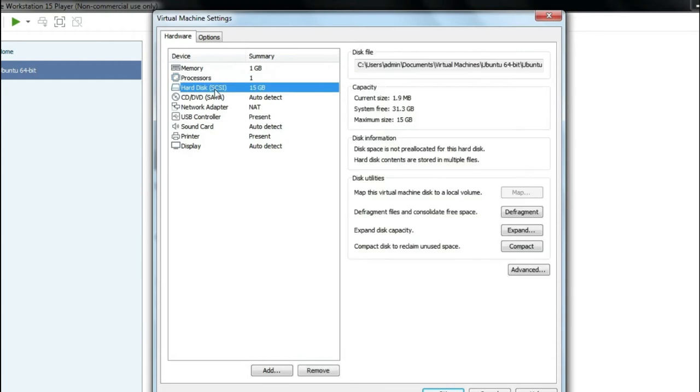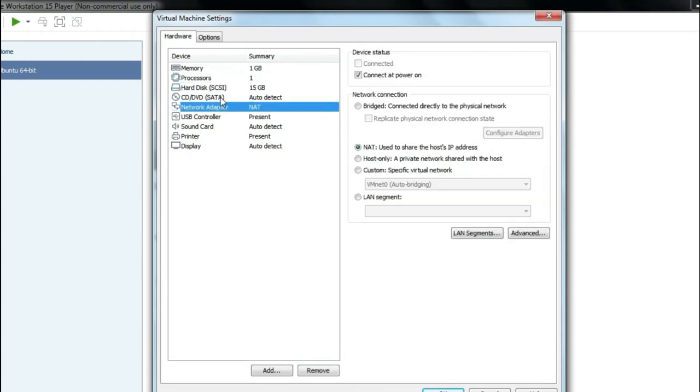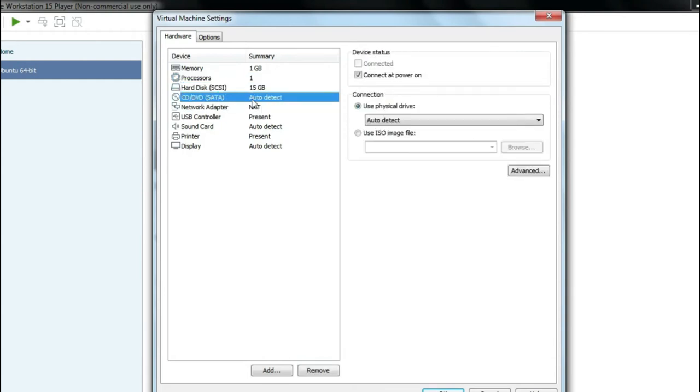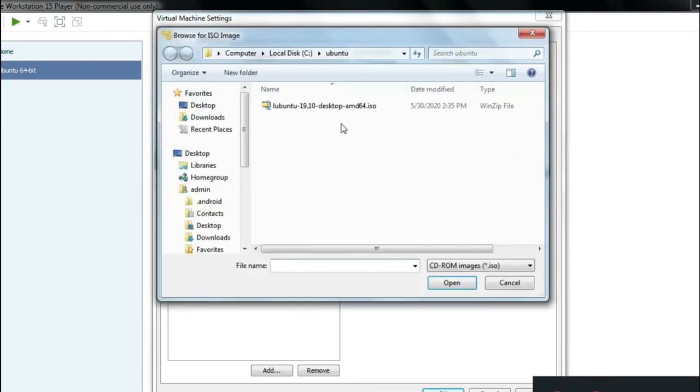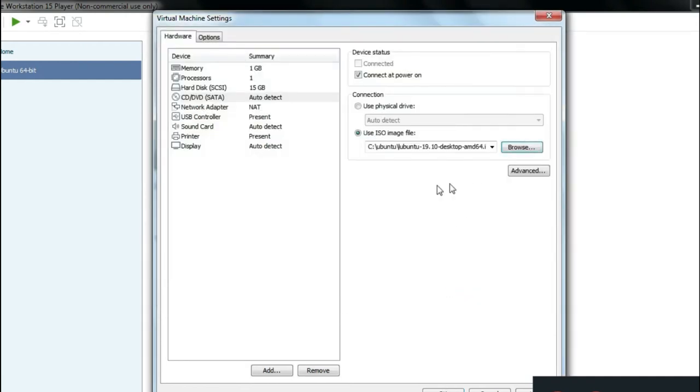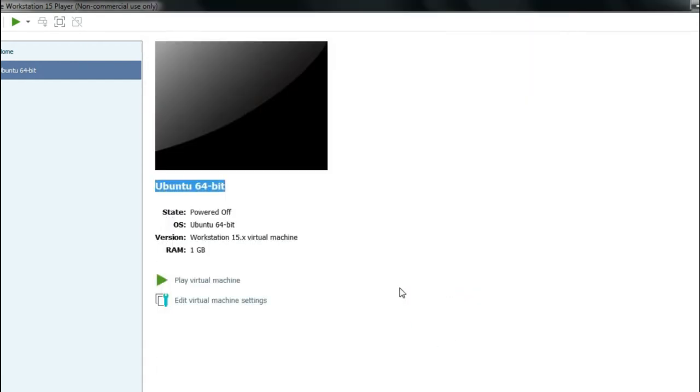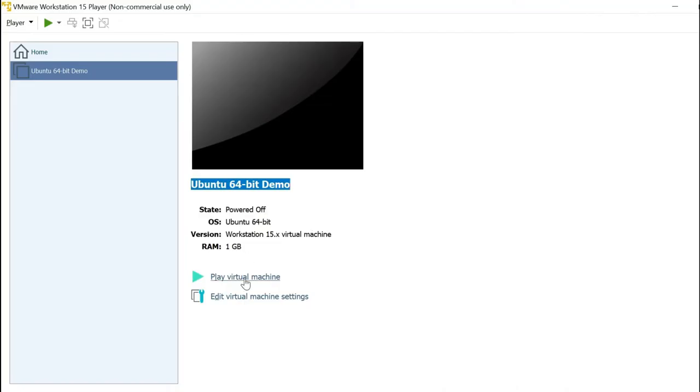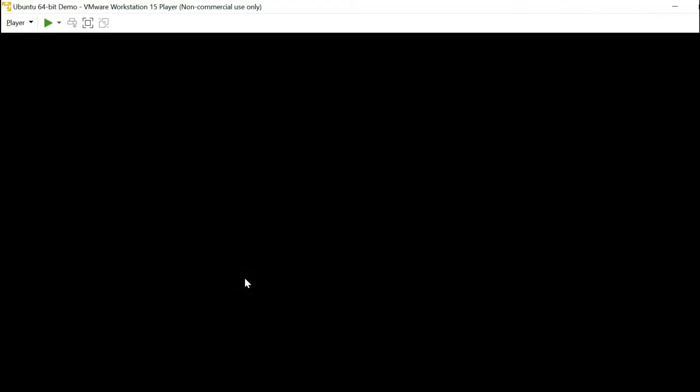Hard disk, you can see all the settings of the hard disk, and go to CD/DVD. Here you have to click ISO image file. Now here you're going to install the file into the hypervisor and then click Play virtual machine.